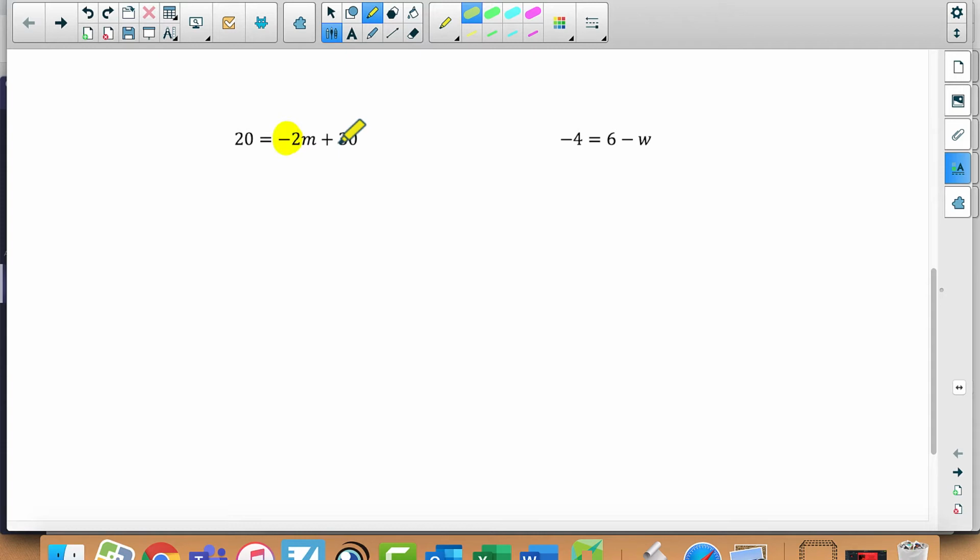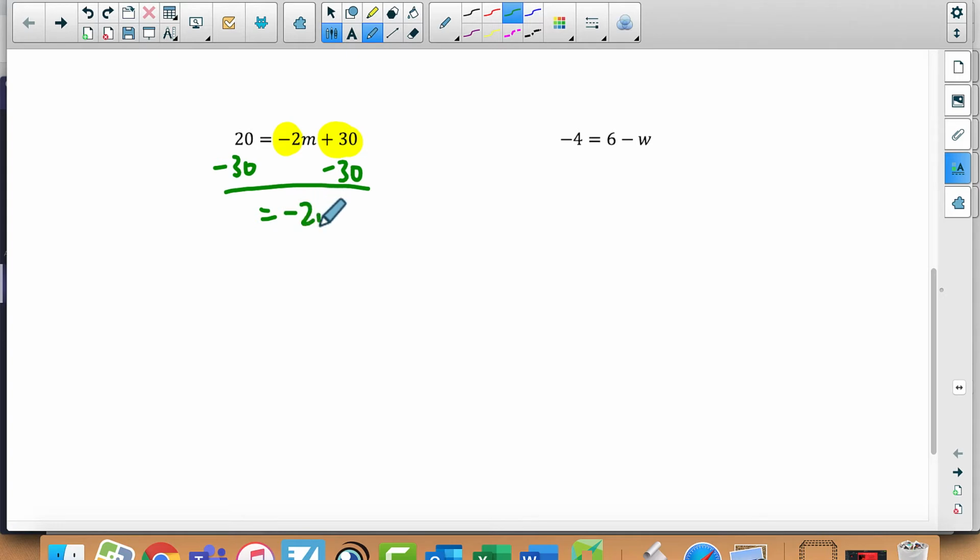Got to get rid of the negative 2. Got to get rid of the plus 30. Look for adding or subtracting first. Well, since this is plus 30, we can minus 30. What I do to one side, I do to the other. That's way over here. So if we look at the right side first, the 30's are gone, so we're left